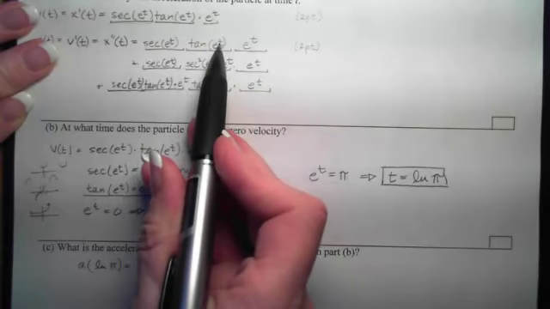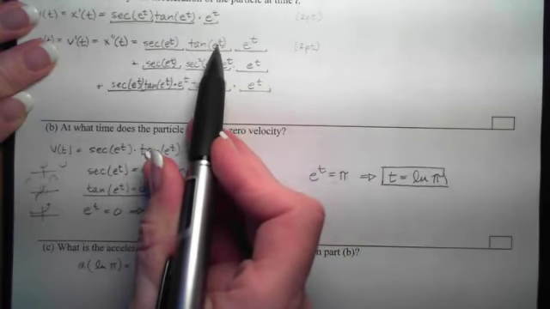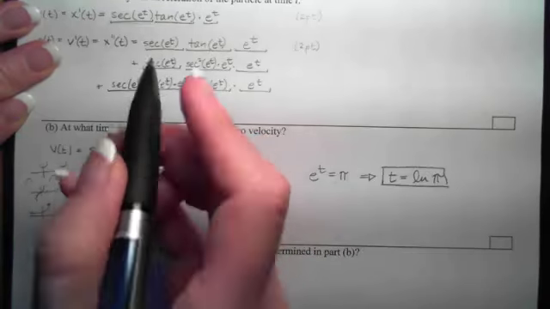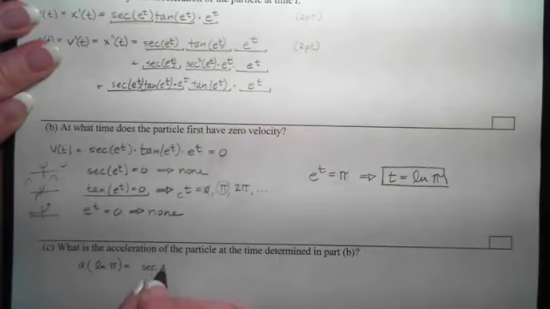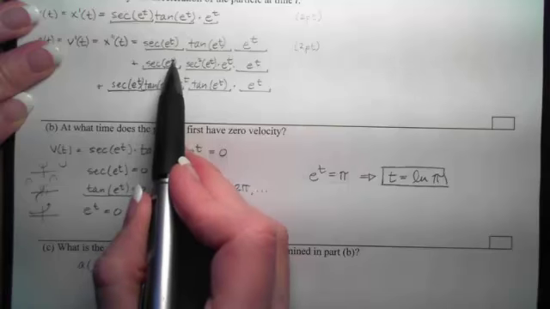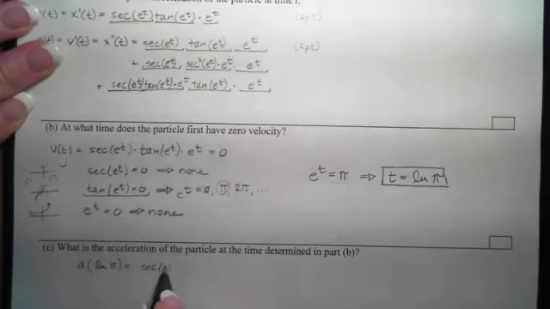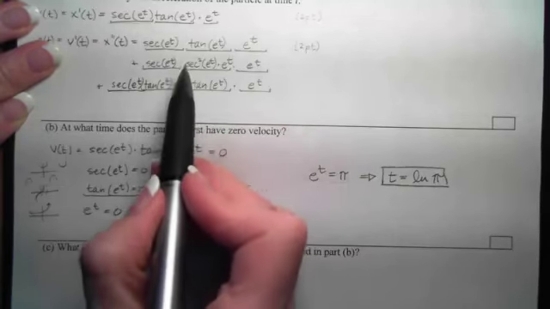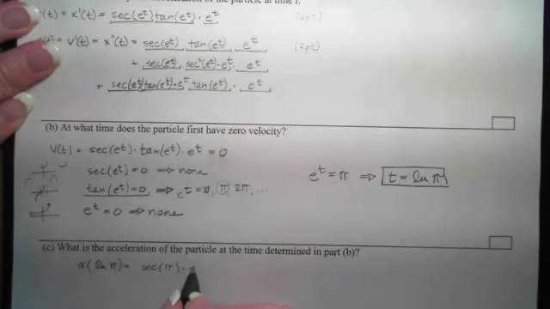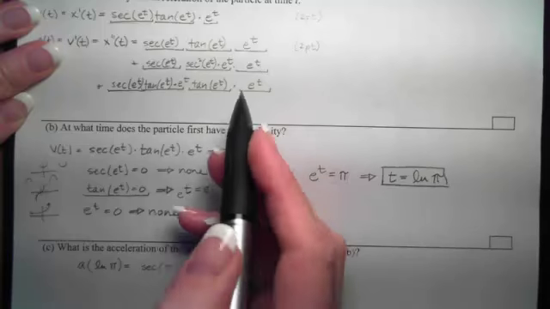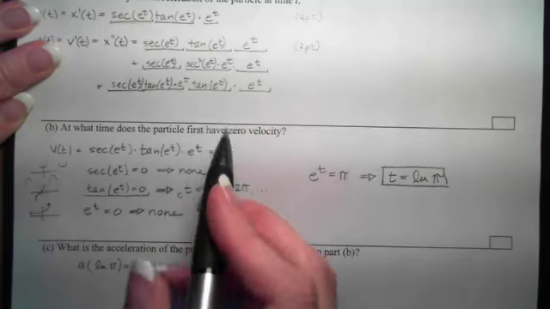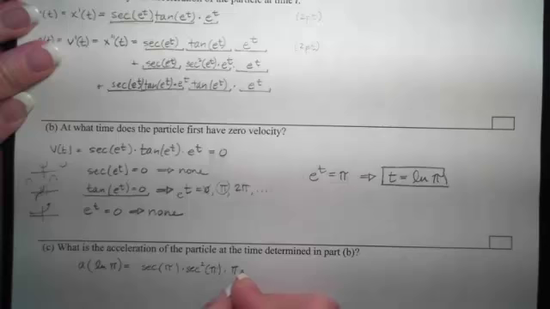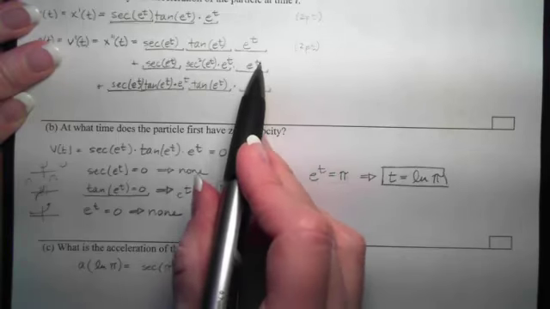Tangent of e to the ln of pi is pi, tangent of pi, which is 0. So that means I'm left with the secant of e to the ln of pi, that's the secant of pi, times the secant squared of pi, times an e to the ln of pi, which is pi, times an e to the ln of pi, which